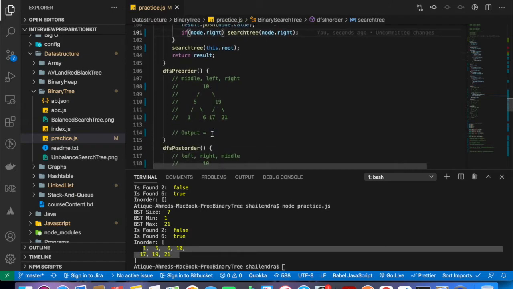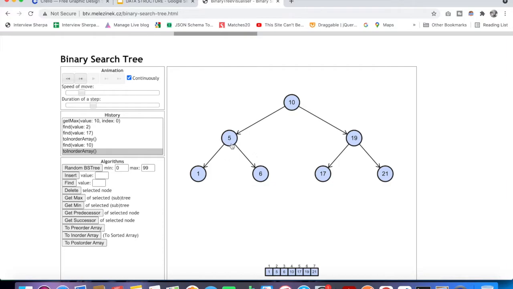Alright, so let's go and discuss the pre-order concept in depth first search. Pre-order means middle, left and right. So if I click on pre-order array, you can see that it will directly come to 10 here, then 5, then 1, then 6.